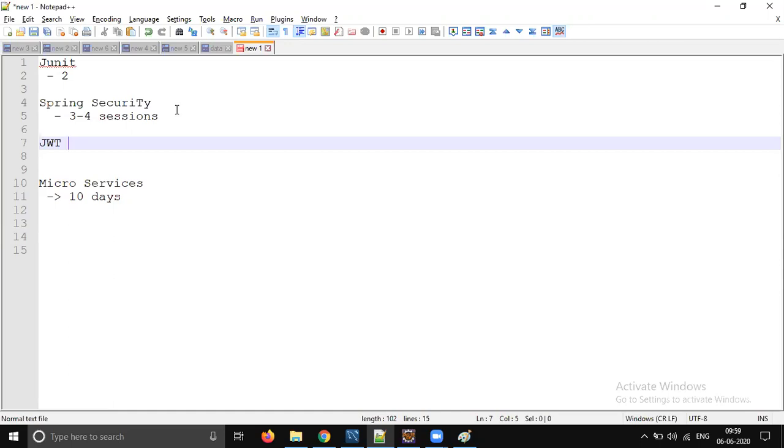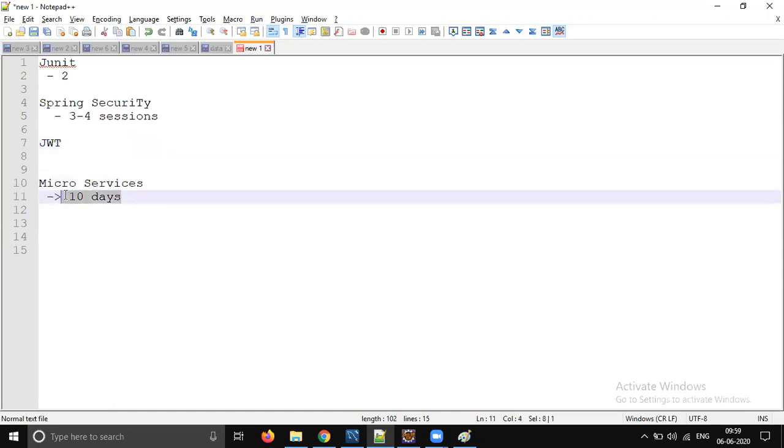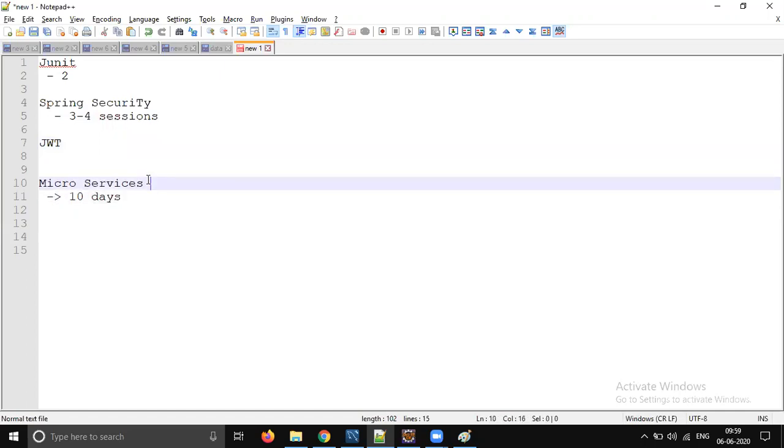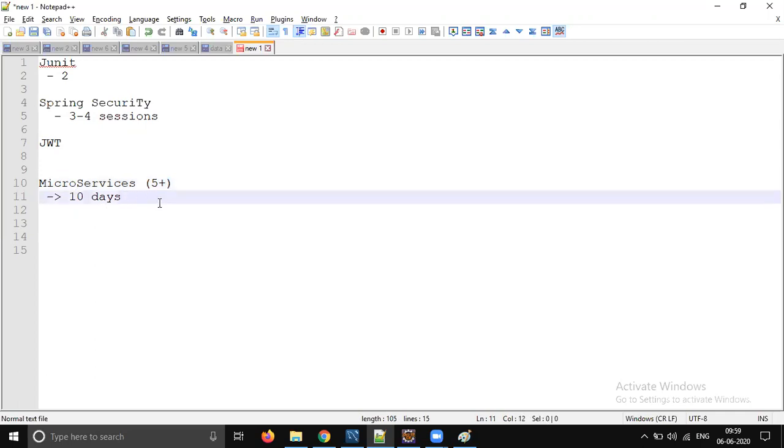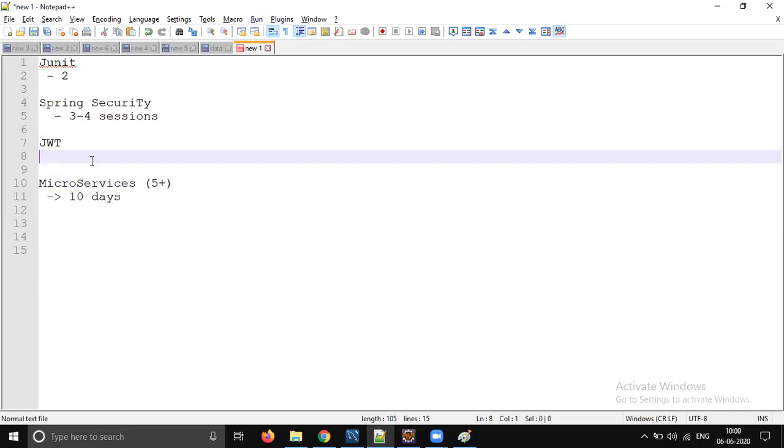That is what we are going to implement in our microservices. Later we will jump into microservices architecture. People who have 5+ years of experience must know this. Architectural experience is very, very important.